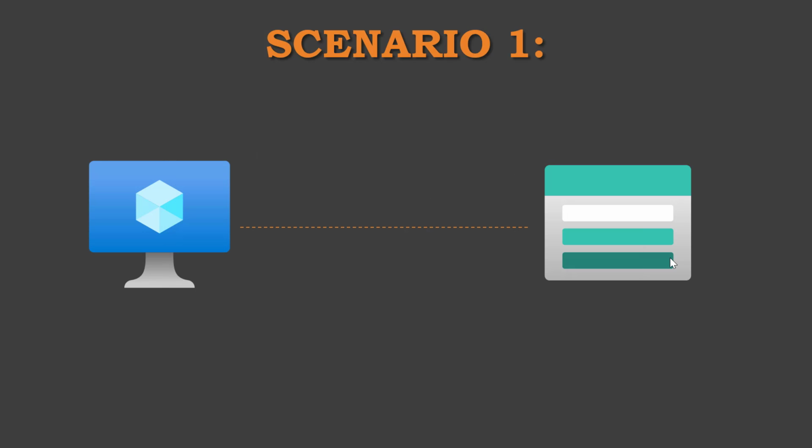Let's first of all understand scenario 1. In this scenario, I have an application hosted on an Azure virtual machine, and from the virtual machine, my application is trying to connect to the storage account so that it reads and writes data into Azure Blob Storage. Now, to read and write the application data onto Azure Blob Storage, the application uses the